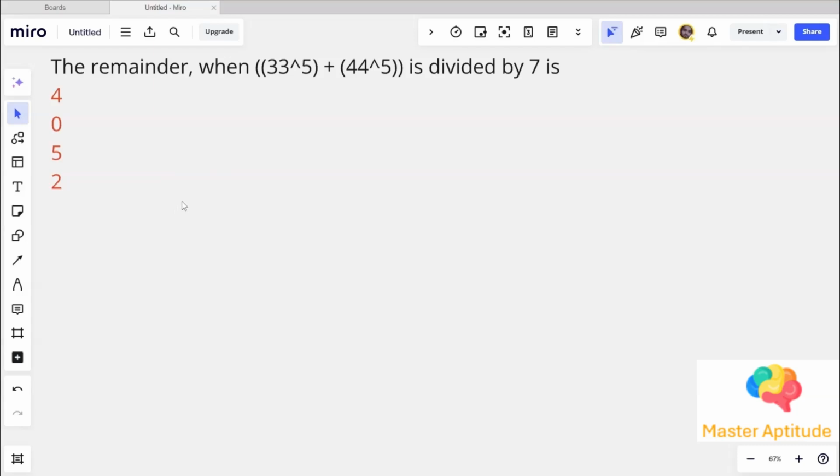As we know the concept, we will find out the remainder cycle of 33 upon 7. We will find out this cycle. 33 divided by 7, what will be the remainder? The remainder will be 5. Now, what will we do? It is 33 raised to the power 1. If you want to calculate 33 raised to the power 2 divided by 7, it will become a very large number and the calculation will be very time consuming. So what we will do